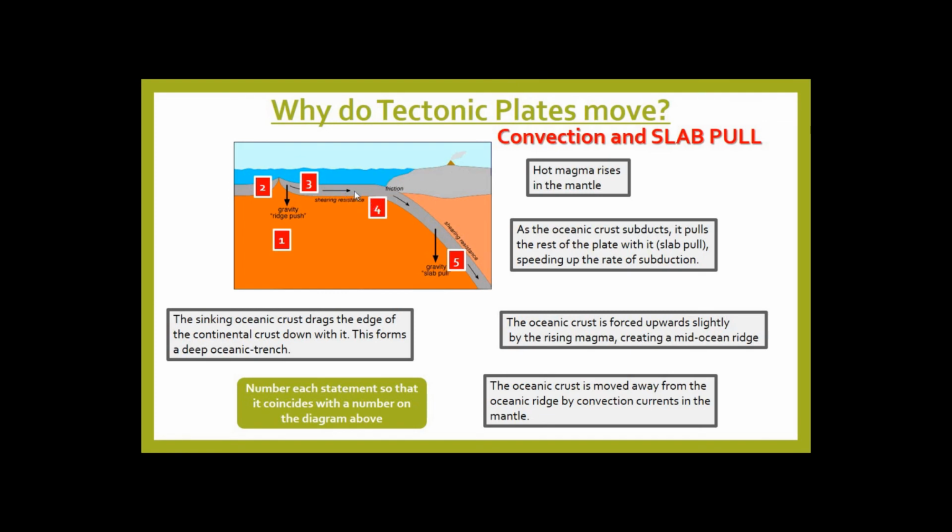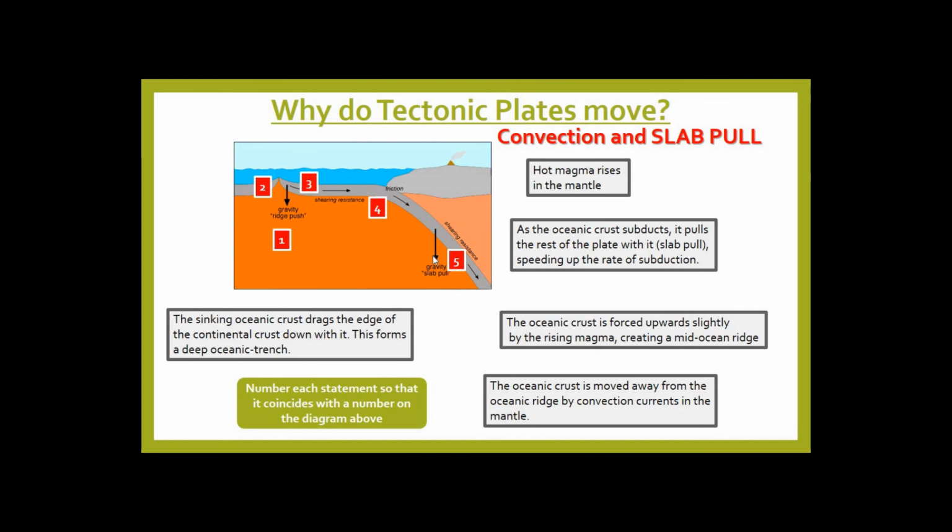Where they collide, the oceanic crust is forced to sink because it is more dense. That is called subduction. And the friction also drags the edge of this continental crust down a little bit. And what you have forming here is an oceanic trench. We'll come to that later. The more of this that sinks into the mantle, the more gravity takes over and the more it is pulled